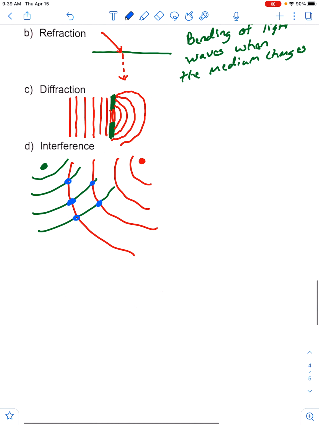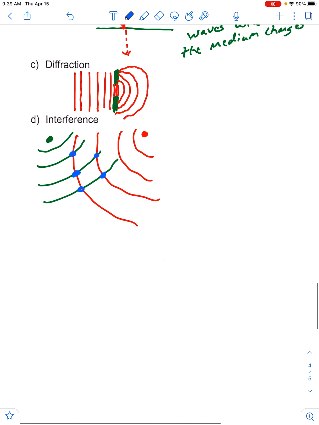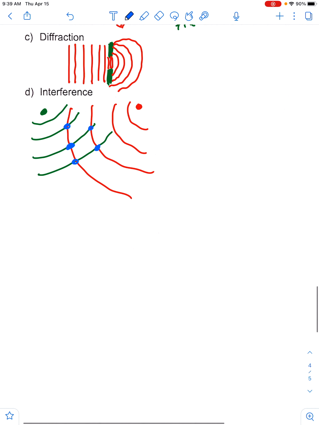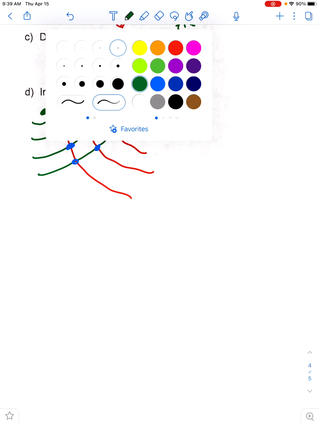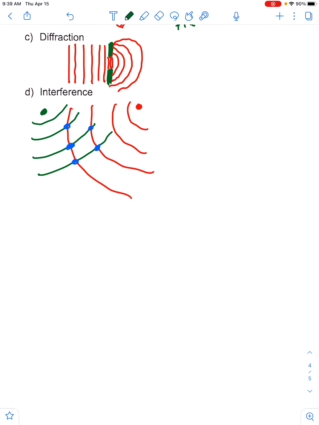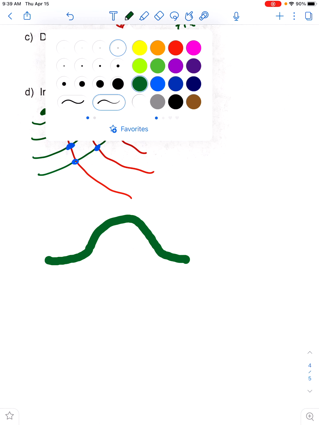Okay, last little bit I want to talk about, because it wasn't really on this review, is whenever you had a wave going through. So let me change my colors real quick. I'm going to change my size. So when I had a thick rope, like this, and then it went to a thin rope,